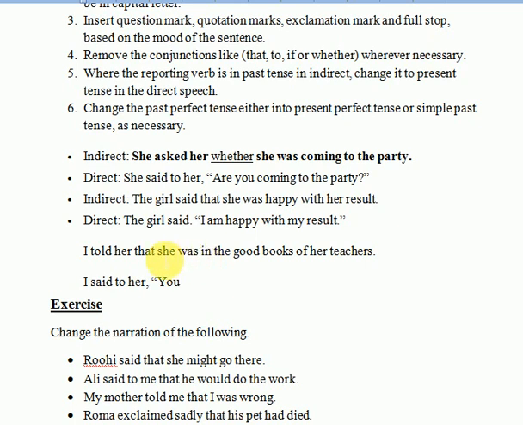For that I'm going to see in which tense our reporting verb is. It is in the past, so therefore this goes back to the present. "You are in the good books of your teachers." Because her also goes according to the object, that would change into your. And if you want to see if you did that right or not, you may change that back into the indirect in order to check if you changed the narration right or not.